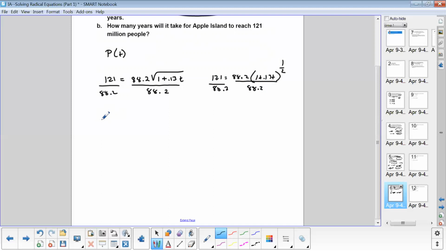And what I would get is about 1/372 thousandths after I divide out. And then I'm left with 1 plus 13 hundredths t, or if I want to use the rational form, 1/372 thousandths equals 1 plus 13 hundredths t to the 1/2 power. Now we know what we're going to do here to solve for t with this being raised to the 1/2 power is we're going to square